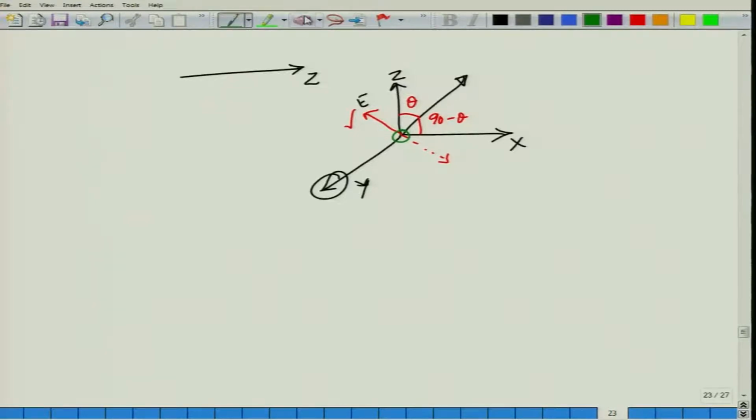So, let me erase this Y field. So, if I show that in the two dimensional case I am looking at, if my electric field is lying in the plane, right, then the magnetic field must in this case lie along Y axis. So, that this E cross H should be showing you the direction of the propagation which is along the XZ plane. Okay. So, this is one solution for me,